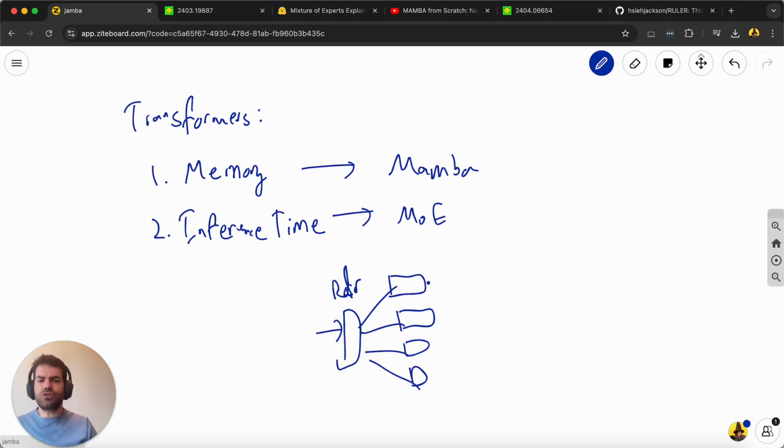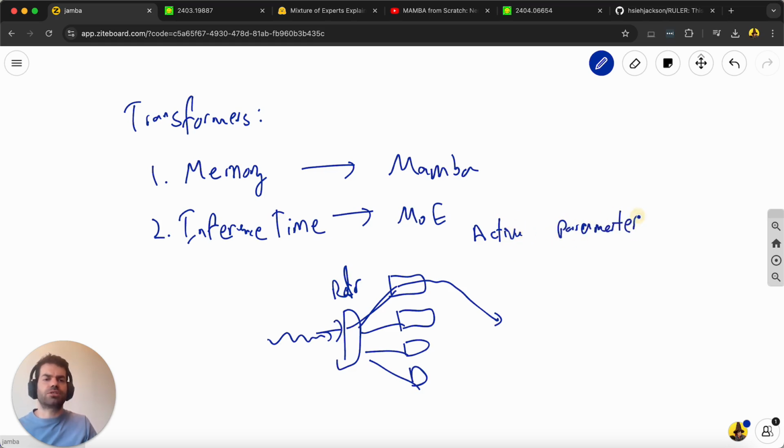Essentially you get a very, very capable model. It's a big model, so it's still the same memory as storing a regular model, but the inference time is much shorter because every input will just go through here, and then through here, and so on. They really introduced the concept of active parameters,